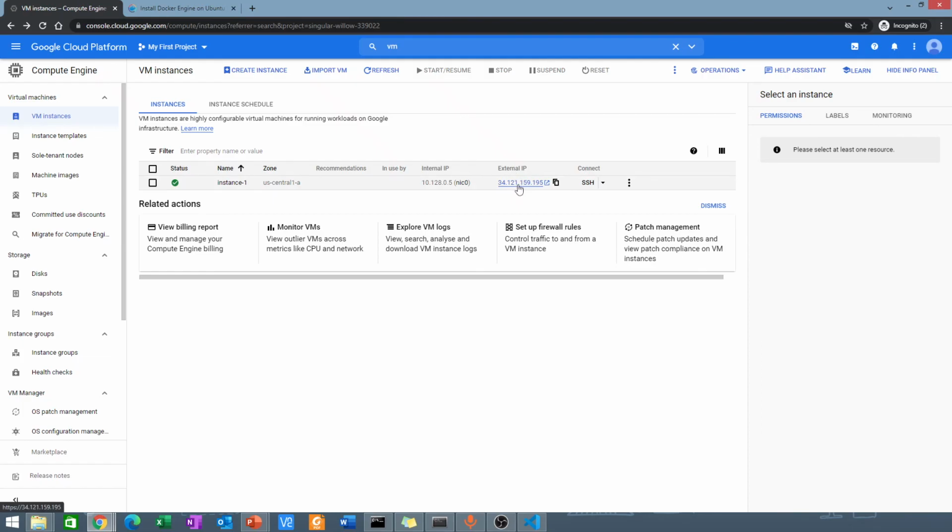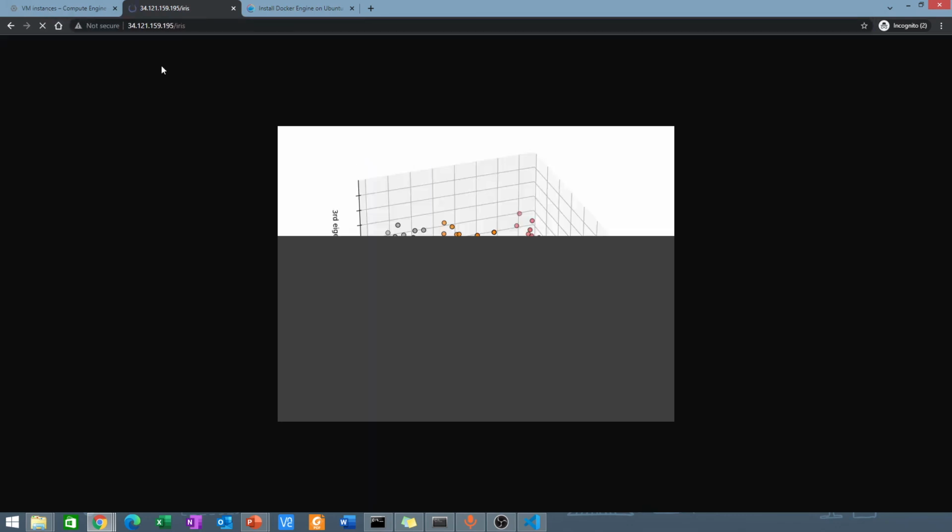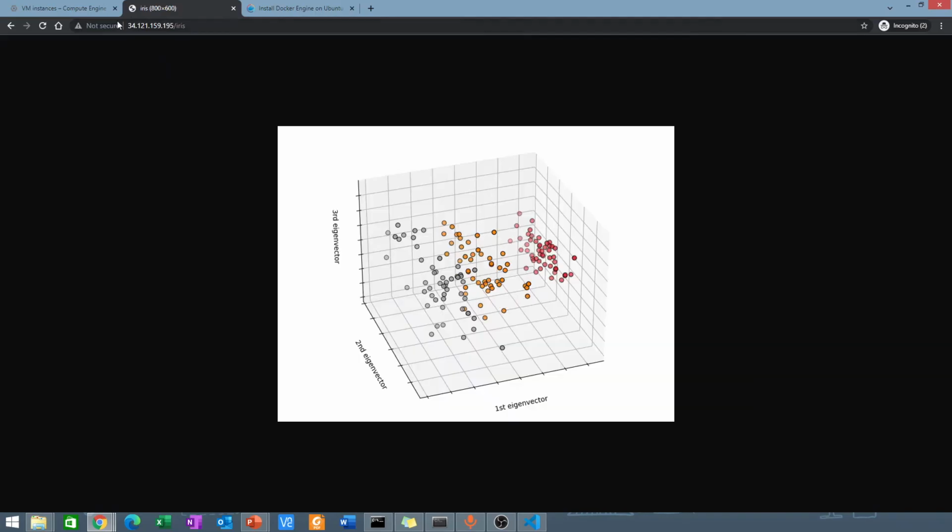If I click this external IP, nothing will happen. But if I add /iris, sorry, I should remove this HTTP sign. So yeah, if I remove the HTTPS sign and then I just click /iris, I'll get my response,